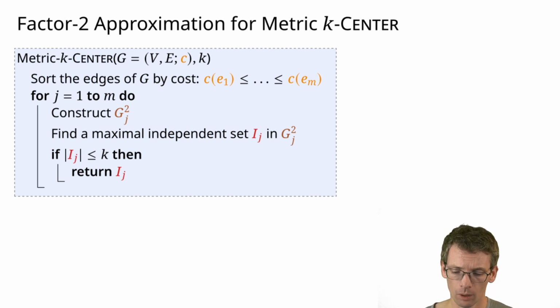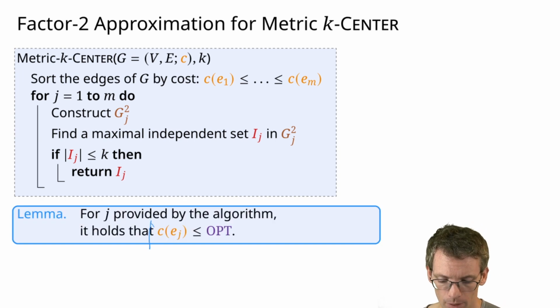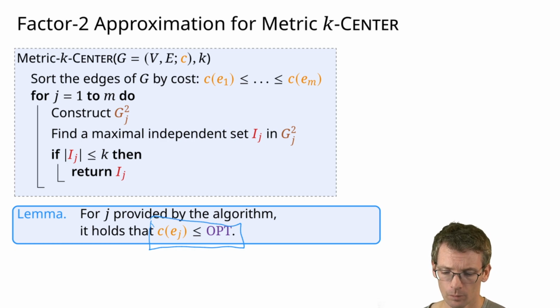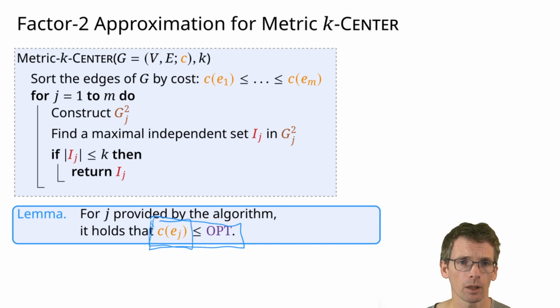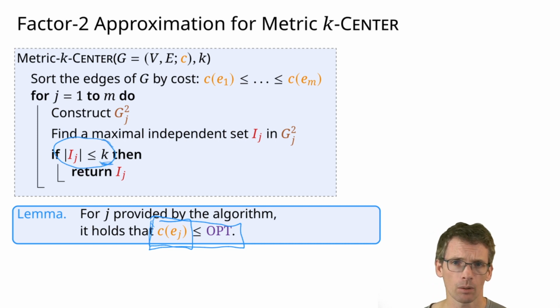First we will establish our lower bound, and that we do with the following lemma. This lemma tells us that at the point where the algorithm stops, the j where it stops, we have that the cost of ej is smaller or equal to opt. And why is that the case? We stop as soon as we found a maximal independent set of size smaller or equal to k. What does that mean? That for all previous iterations, so for all smaller j, we actually found a maximal independent set of size